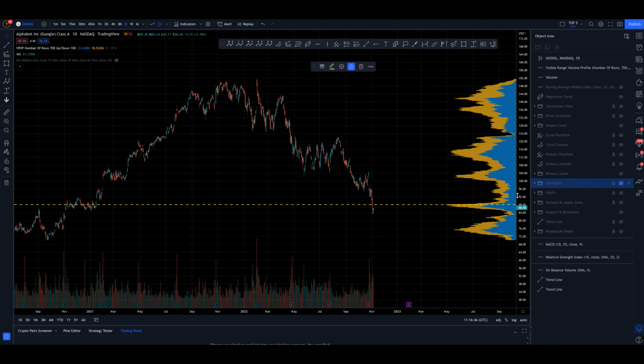Correction wise, I'm thinking 5 waves down in a C. That isn't done yet. We've got a bit lower to come. I'd like to see bullish divergence at the lows. I want to see a move off of the low. I want to see all the things I mentioned before I get bullish here,